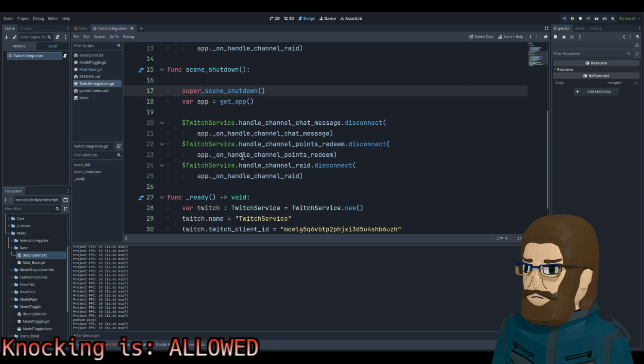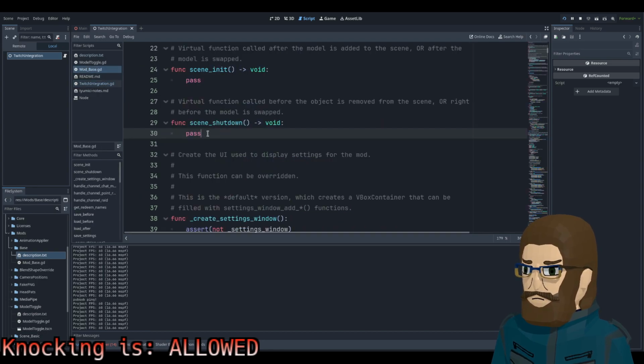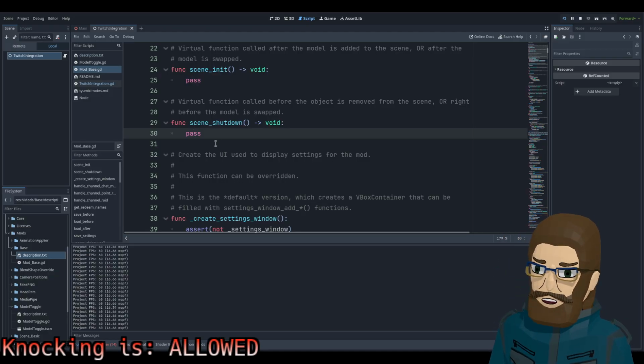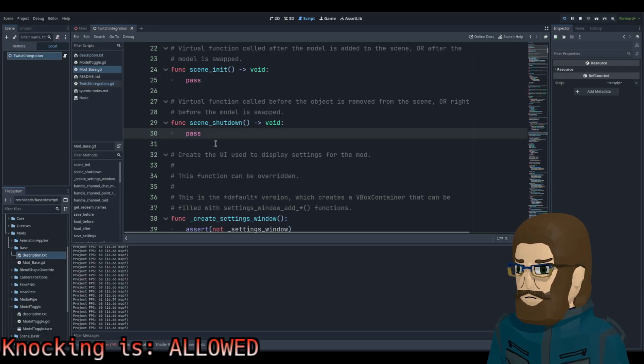You have the function from mod base, and it's just doing nothing. But then you're supering it in the dependent, and that's where you're doing the actual work. Hmm. I don't actually know, I'm just thinking out loud. But if that's the mental mapping of this, I guess that makes sense.